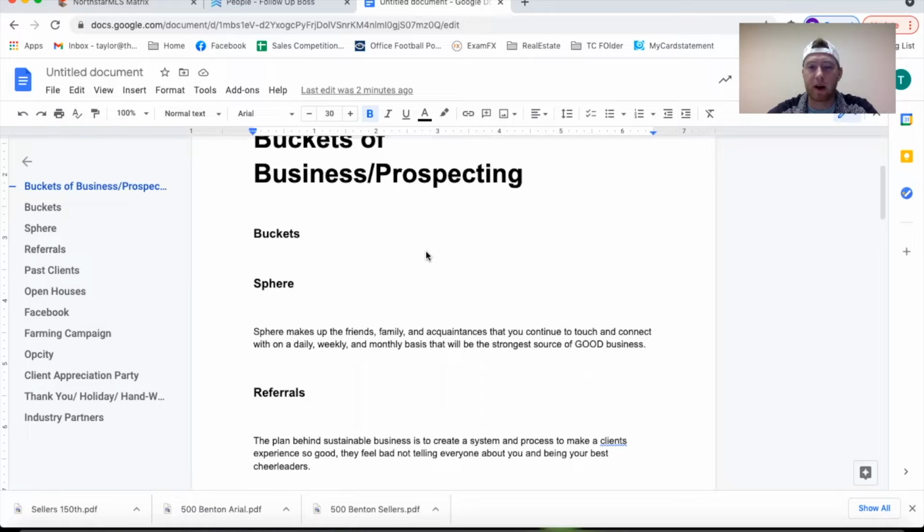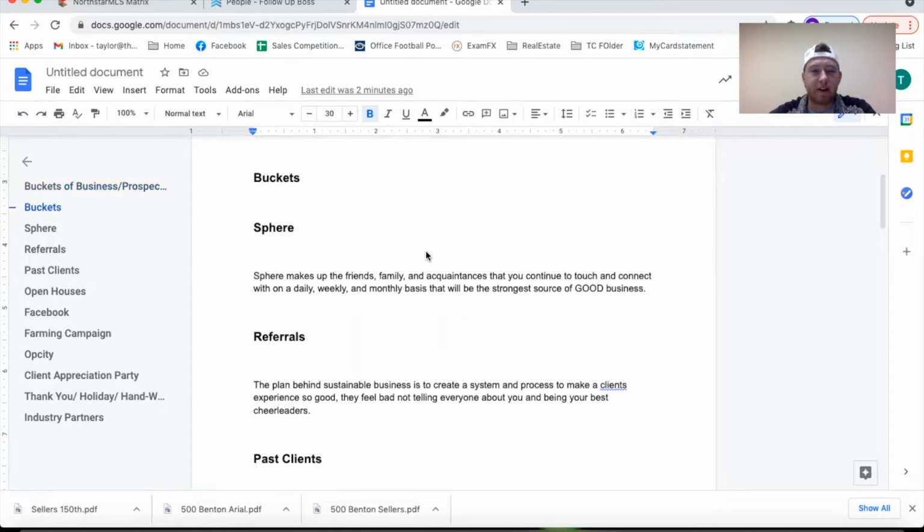So depending on where you want to be, what you want to do, on your daily routine, pick those buckets of business accordingly so that you can formulate your business plan around it. So the very first piece here, everybody should have Sphere on there, because you want to set a precedence with anybody that you know what you're doing, that you're professional, that you're good, and that they can trust you with any questions that they may have real estate related.